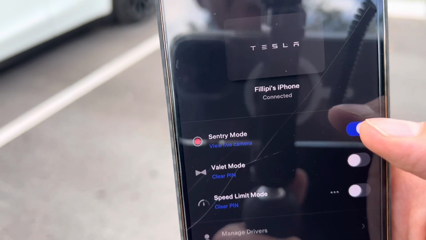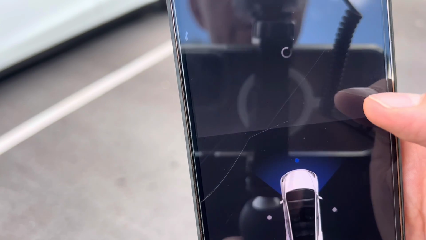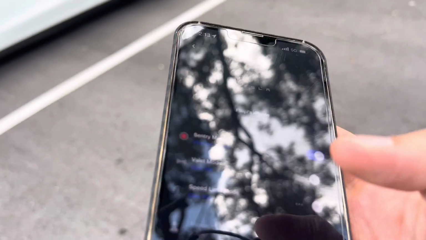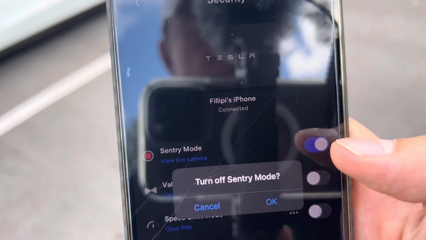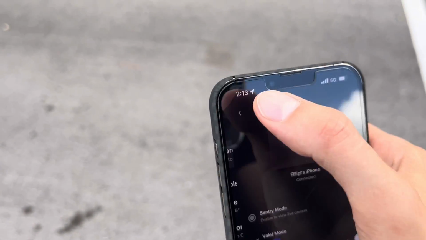So what I've noticed is that about 10 to 12 hours of using Sentry mode took about 6 miles of range, let's say. But again, great feature. Turn it off. Yes. So, okay, we're turning it off. Now we're going to go back